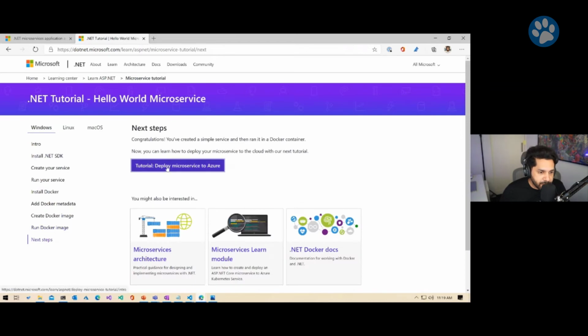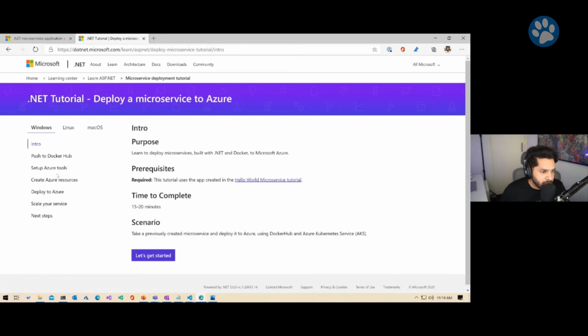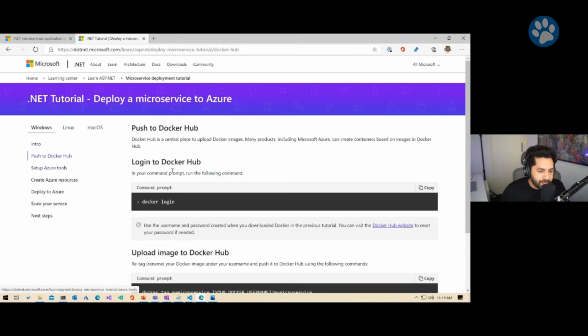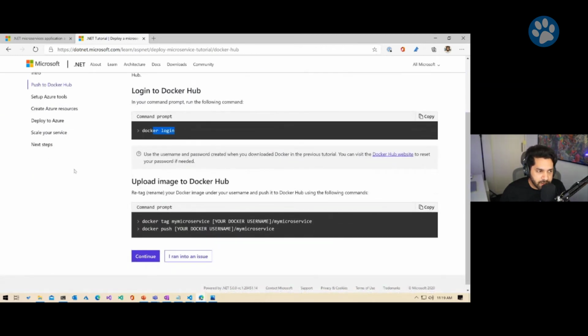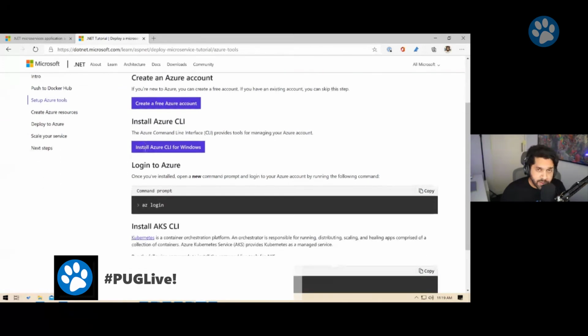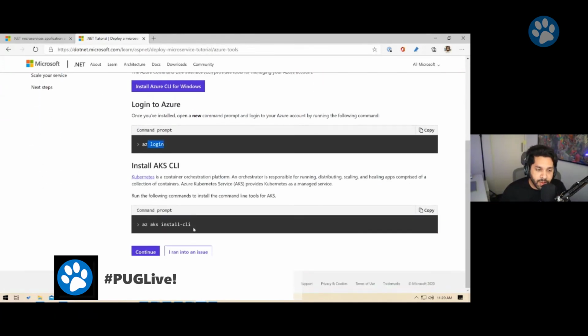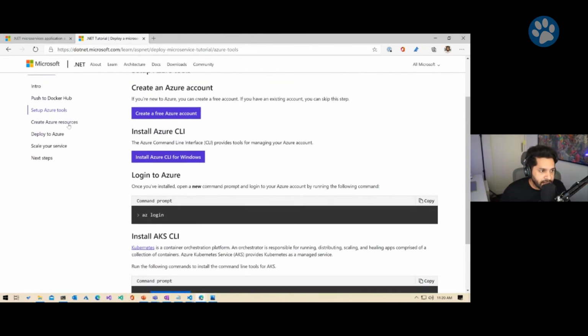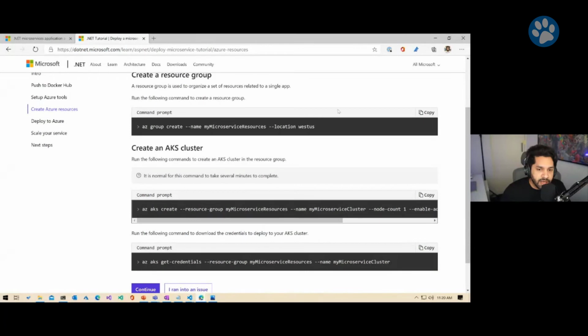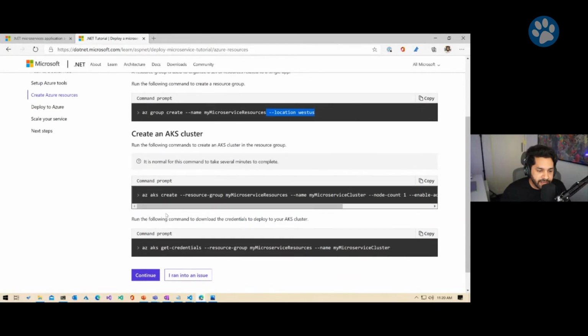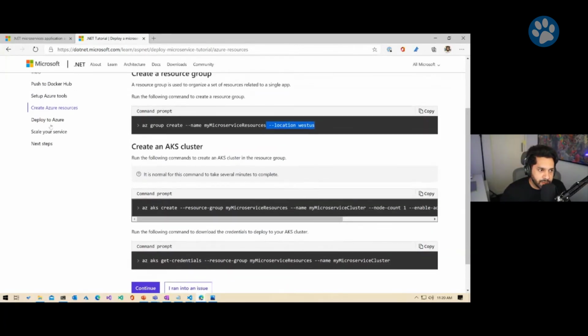And in the next steps, which is again very cool, it'll set you up to do a Docker login. So this is how you log in to Docker. And this does not talk about Tye as of now. It tells you the common way to do these things: how do you do AZ login and how do you install the CLI so that your context also gets set correctly. And then finally, you can create Azure resources and deploy this to Azure Kubernetes Service,